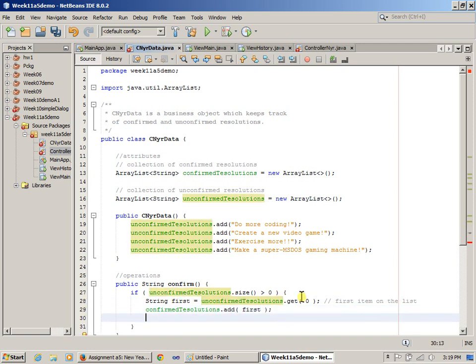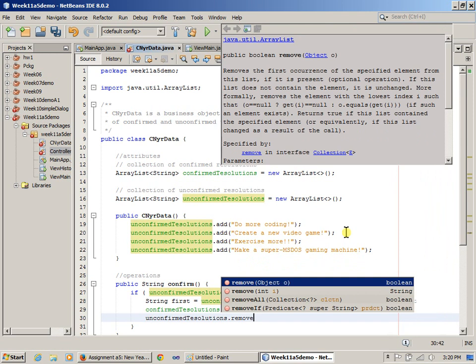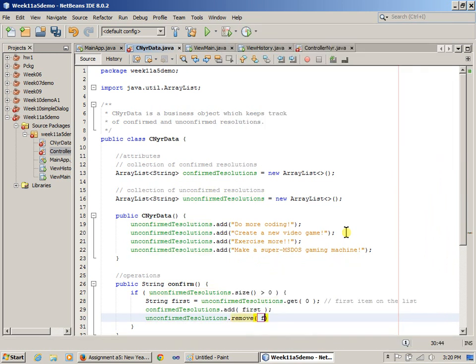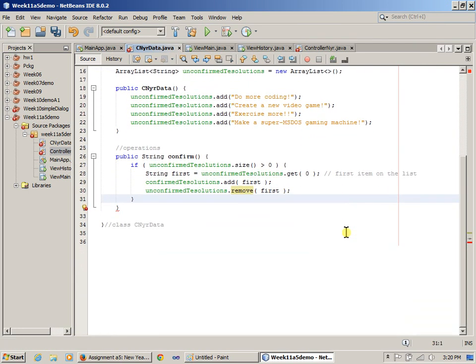And then I believe that we can say unconfirmed resolutions, we need to remove it, right? We just added it to the confirmed resolutions, but now we need to say unconfirmed resolutions remove, and you can remove by value, right? And to remove by value, we simply say remove this first thing out. So confirm, and what do we return back? We return back the first thing, right? So the first thing,